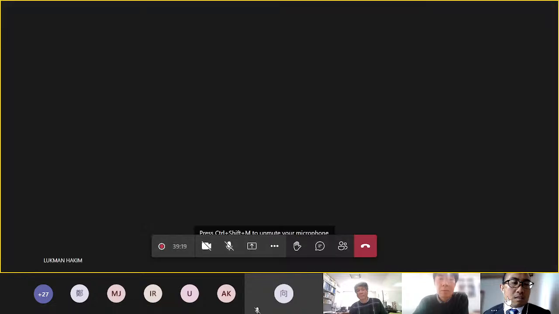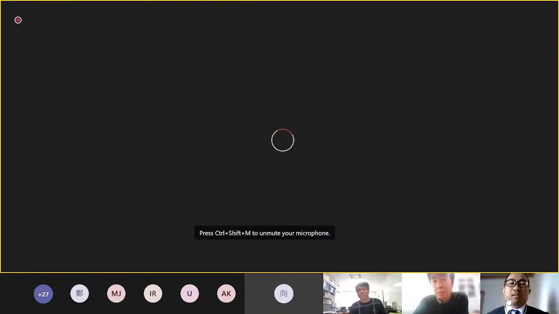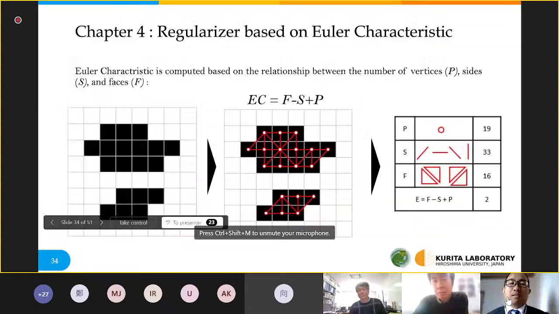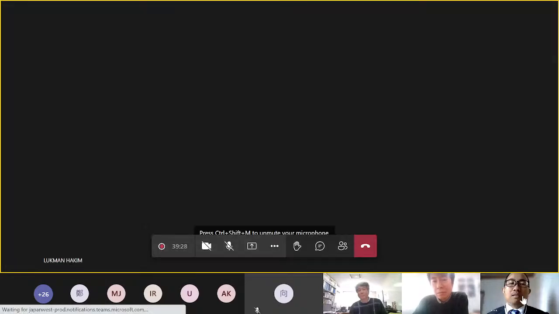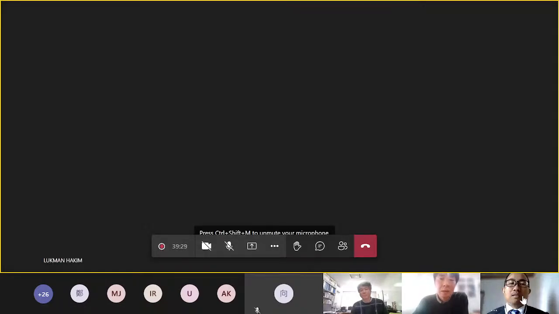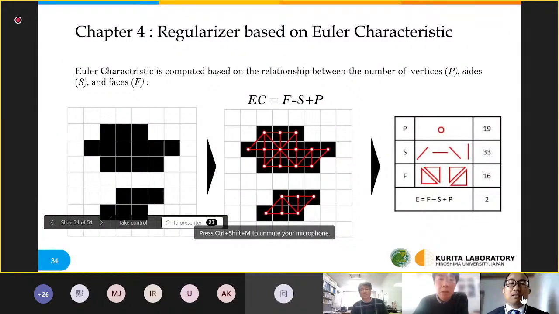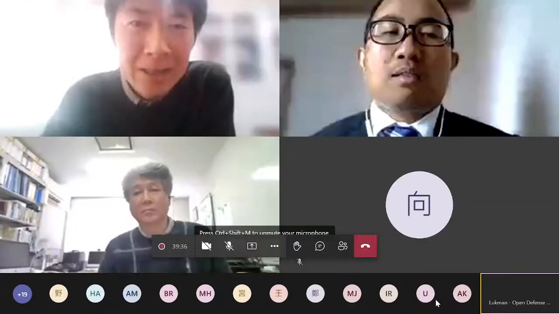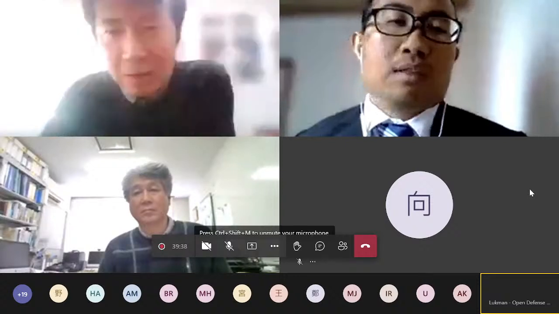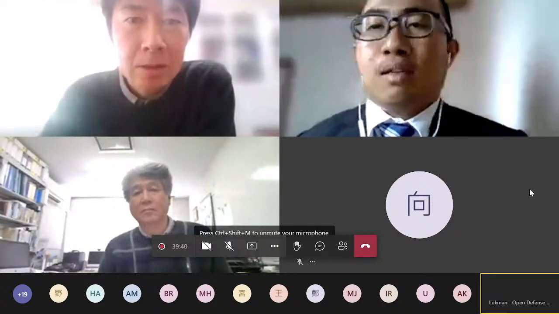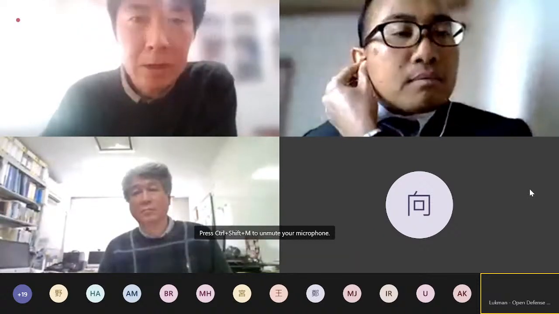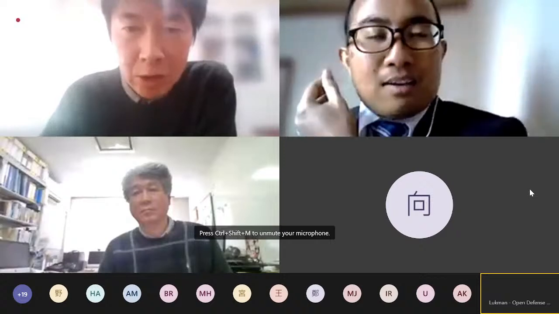From this experiment, we found that we get a better result with this value of lambda, Sensei. Even if the hyperparameter lambda is so small, it works well. Thank you for the clarification.